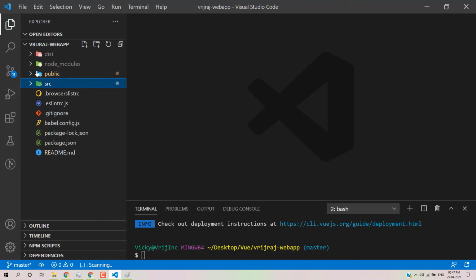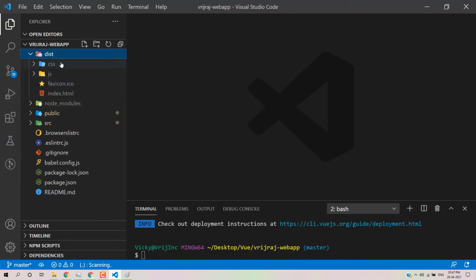Okay, so we have a directory named dist. Inside dist is the final build version. You can copy this HTML, CSS, JavaScript folder and deploy it to the server, and then you will be able to access your website. In the next video I'm going to talk about deployment, how we can deploy this static build file to Firebase. We'll use Firebase for the hosting part.